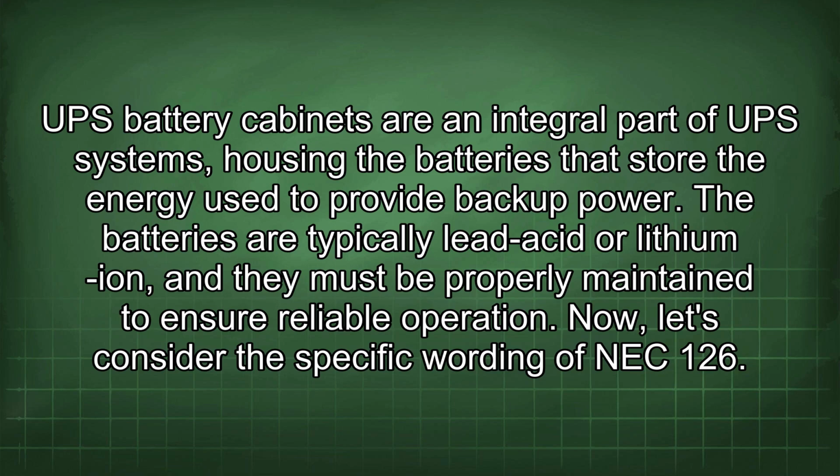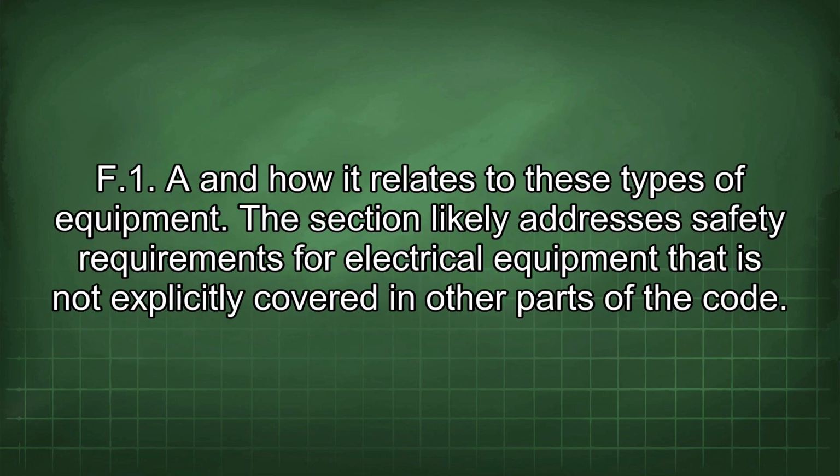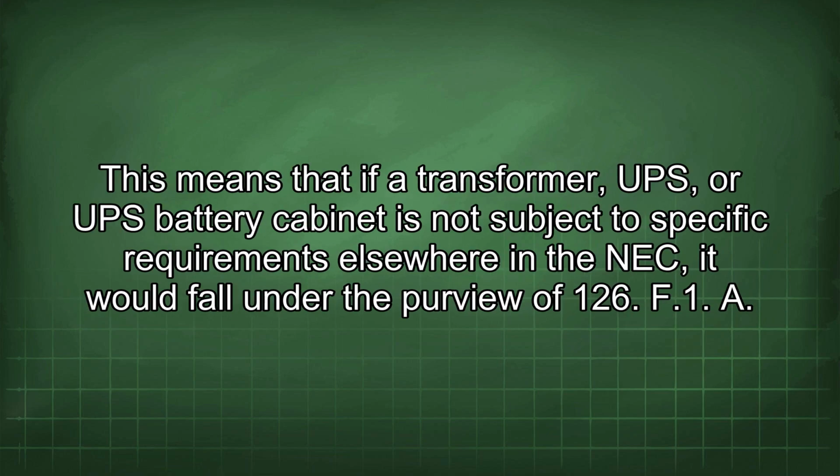Now let's consider the specific wording of NEC 126.F.1.A and how it relates to these types of equipment. The section likely addresses safety requirements for electrical equipment that is not explicitly covered in other parts of the code. This means that if a transformer, UPS, or UPS battery cabinet is not subject to specific requirements elsewhere in the NEC, it would fall under the purview of